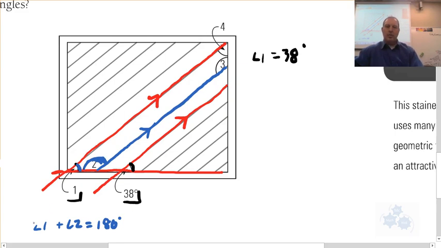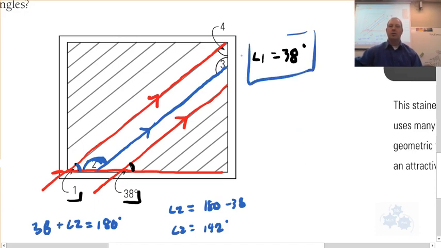And so if angle 1 is 38, let's make that a 38, plus angle 2. So angle 2 is 180 minus 38. So angle 2 is going to be, what's that, 142 degrees. So there's angle 1, there's angle 2. We're picking them off here. So